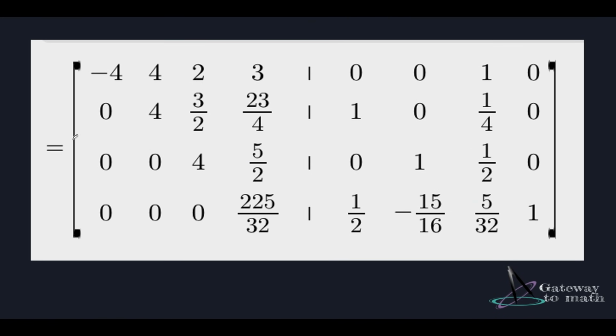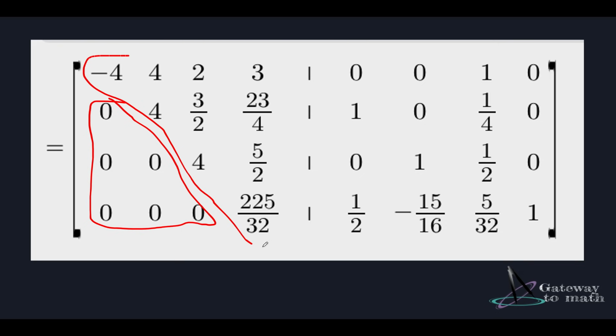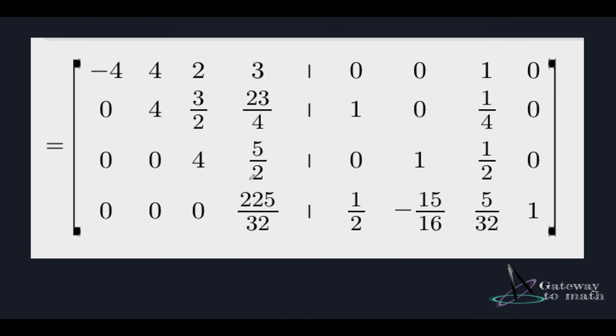So now I have this matrix in row echelon form. Why? Because all the entries below the diagonals are zeros, leading coefficients, and these are my diagonal entries right here. So I have this matrix in row echelon form. Now my job is to reduce this matrix in row reduced echelon form, right? I'm guessing by now you already know what exactly is a row reduced echelon form. Okay, so let us reduce this matrix again in row reduced echelon form.